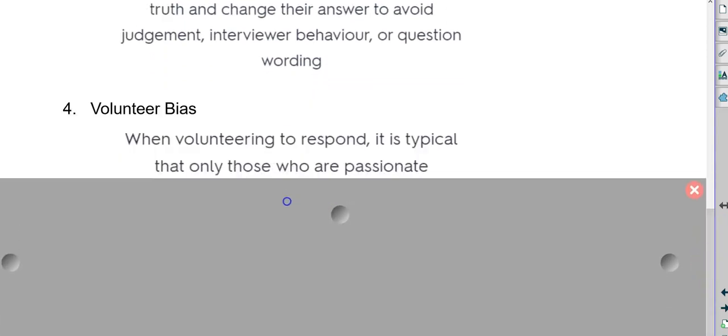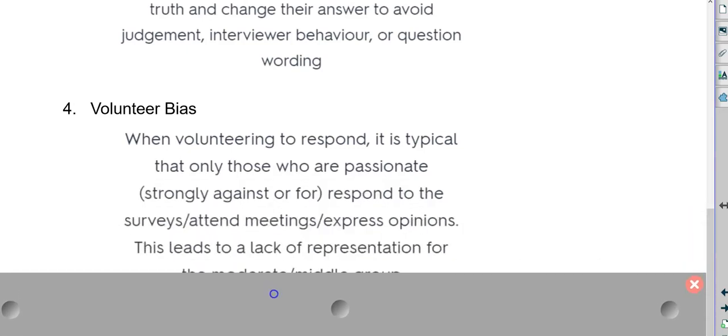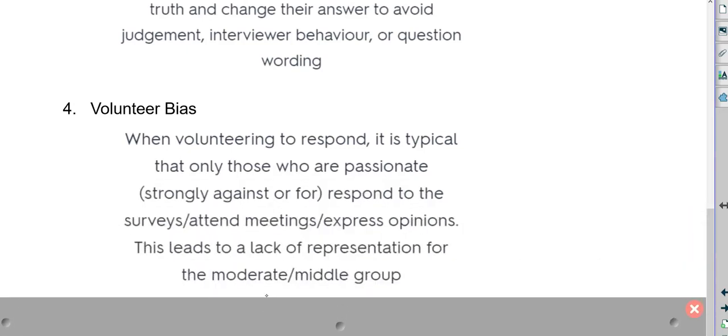Volunteer bias happens. This is one of the reasons why, if you do a self-selected type of sampling method where you just respond to an email, a survey, or something, oftentimes the people who do respond are the most passionate. So say I go to ESPN.com, and there's an internet poll about who's the greatest basketball player. If I feel strongly about one of the players, I might actually respond to that poll. Whereas if I just kind of root for the NBA, I'm not going to respond to that poll because I don't feel that passionately for any one of those players. I just kind of watch it a little bit.